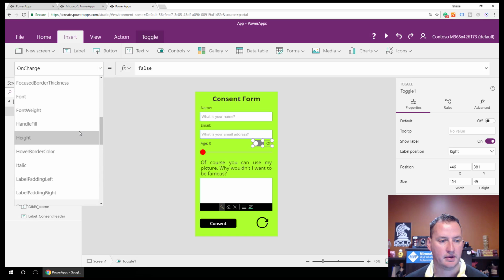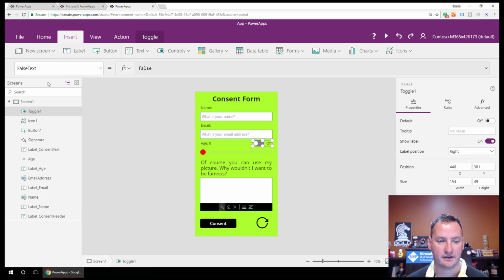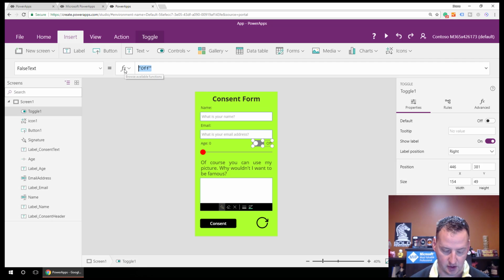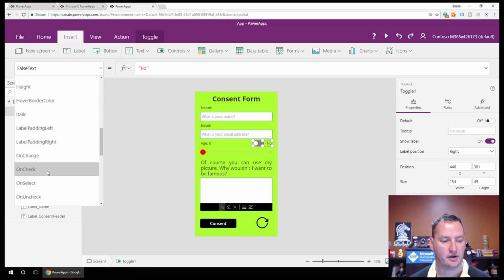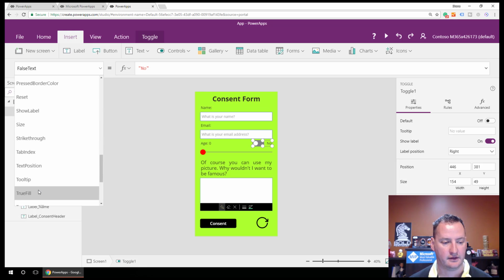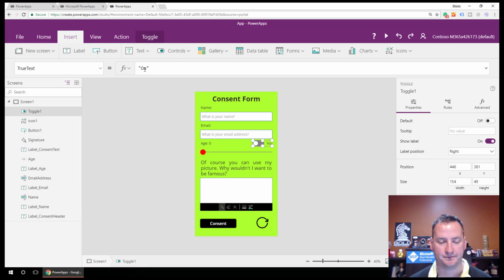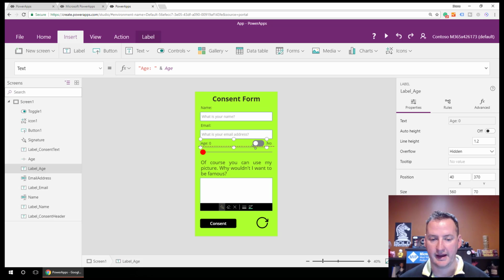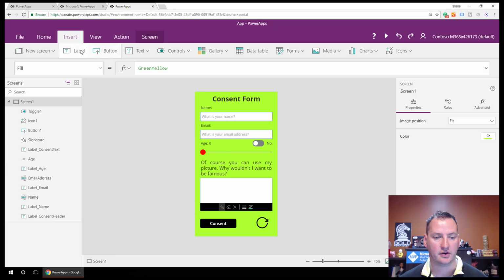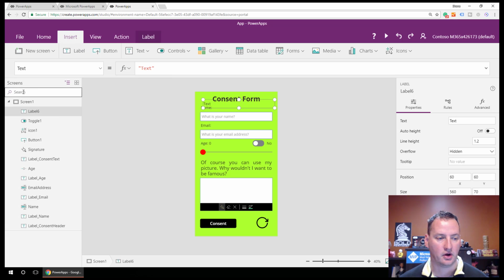So there is going to be a false text, and so for false, we'll say no. And then there will be a separate true text, not true field, true text. And for this one, we'll say yes. And then we will also take age, right? We'll kind of slide this over so it's a little smaller. And we'll put in another label here. And we'll call this